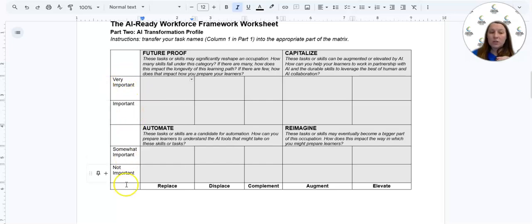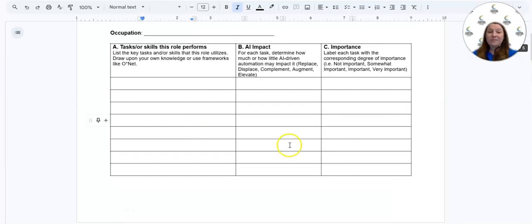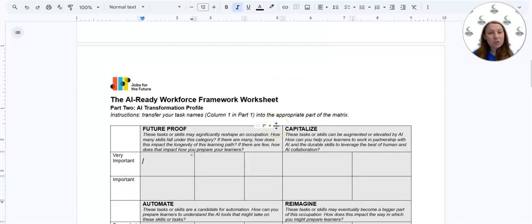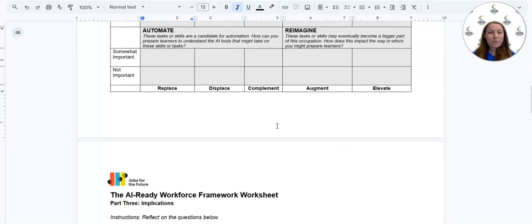So you've got your importance from very important to not important, vertically, and then your horizontal axis is the different levels associated with how AI is going to work. So you're going to just take this information and copy and paste. And I promise I'm going to show you an example. I just want to explain it first.